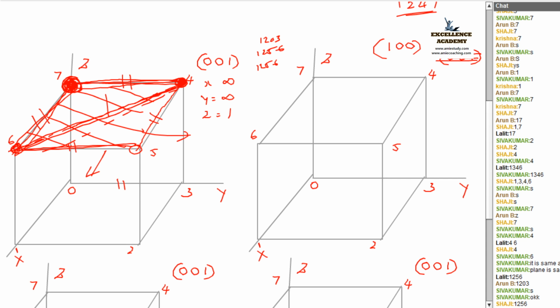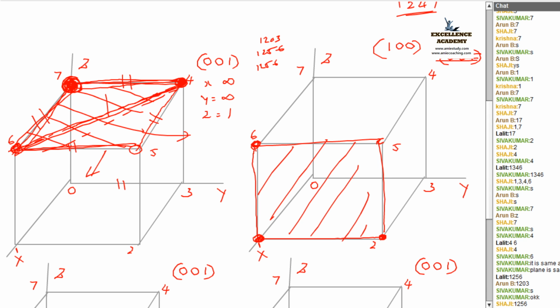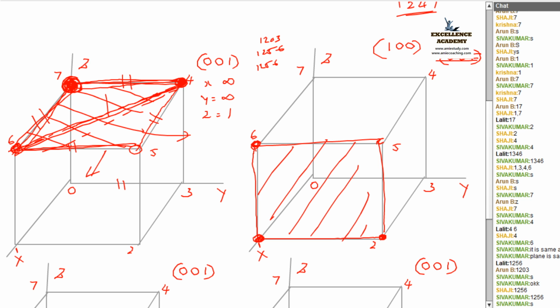Yeah. First of all, is it necessary to shift with origin? No need, because no negative signs are there. Next is what? You have to mark only one point, that is x is equal to 1. This is my point, because remaining all are infinity. From this point, you have to draw lines to the infinite axis, say y axis. Next is say this axis. I got 2 points there. From this point, you have to draw line parallel to y axis. And from this point, you have to draw line parallel to x. I got the plane over there. Is it clear to all how to draw 1, double 0? Yes, fine. Now, we can move to another question.